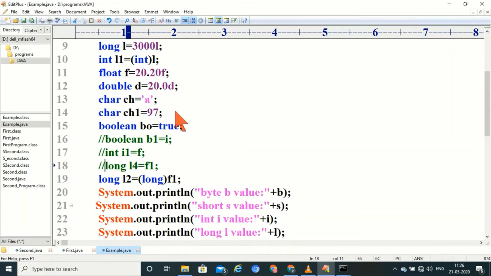Next, special character question mark. If the assigned number's corresponding character is not supported by your computer, JVM internally stores the special character question mark by default. For example, I am storing here 256.